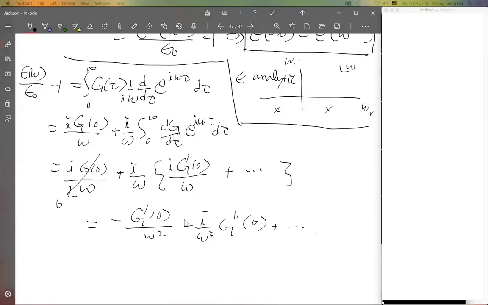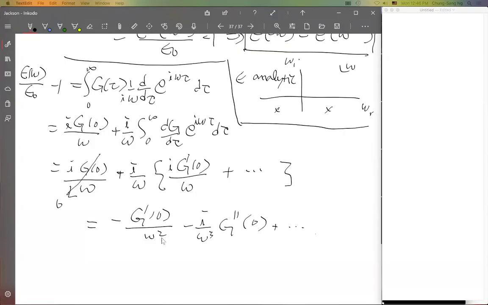So you see that by continuing the integration by parts, repeating the integration by parts, you will get the even powers of inverse omega. The even terms are all real. The imaginary terms are all odd in omega. But the most important part that we'll use is that this function, as omega goes to infinity, is